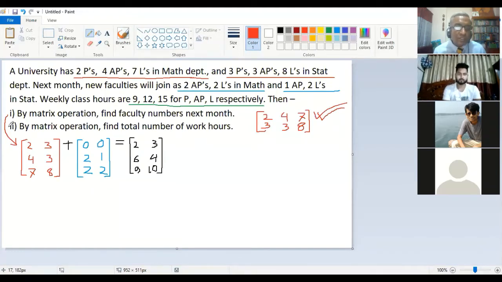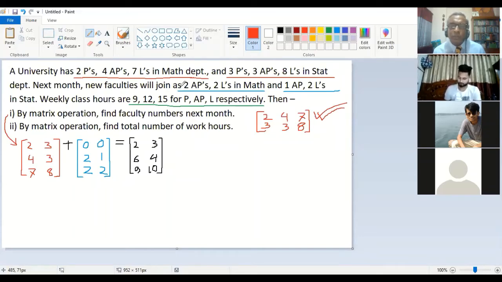Exactly. So this is the uniqueness of what I am teaching. Many of your teachers do not teach in the same way that I am teaching. So this is my uniqueness. My uniqueness is I want you to understand what a matrix is. You will interpret and make the structure of the matrix in your own understanding. So a matrix is a tool. Matrix is mathematics. We can use it for solving some of our problems in real life.